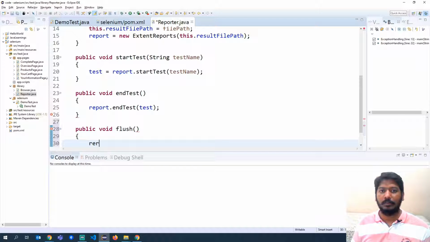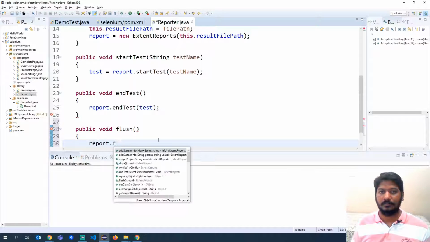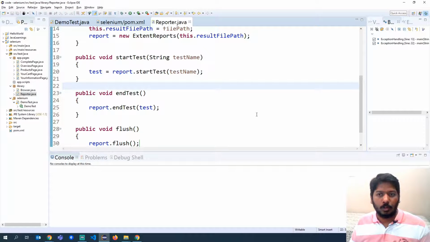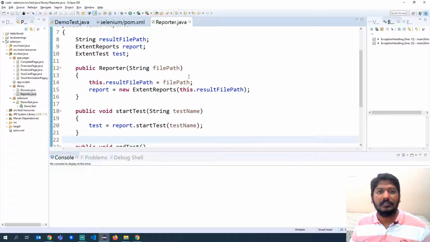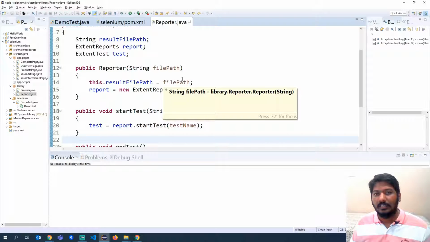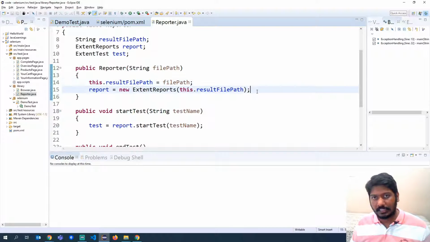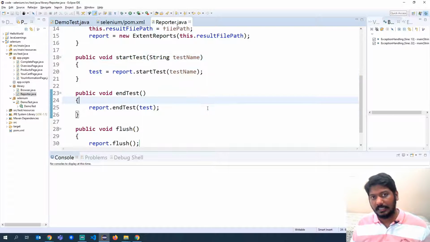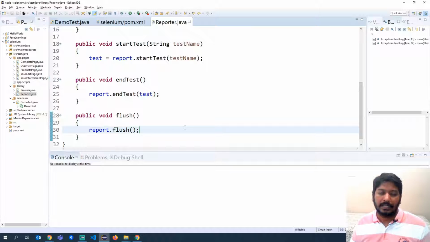Here we will say report dot flush. Okay, so these are all the outer things, right? For example, we have just created a reporter object which will know where to create the HTML file, and then you are starting a new test, you are ending the same test, and then you are again making sure that all the data is getting flushed into the HTML report.